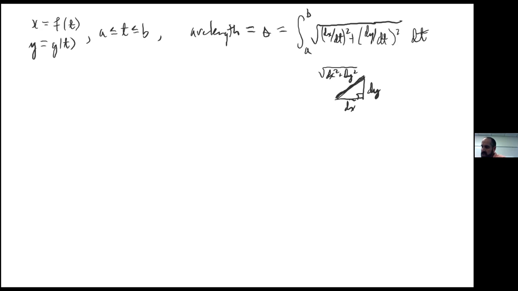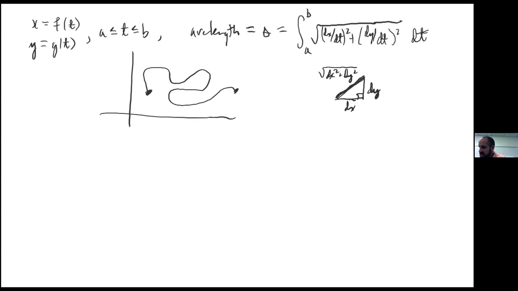Here's a picture of what's happening. I have some kind of curve that might be doing all kinds of nonsense. This is the starting point, t equal to a, and I'm moving along this curve in this direction, and this is the ending point at t equal to b. This will compute the arc length of that entire thing. But we ended on an example last time. It looked like it was going to be difficult. It was